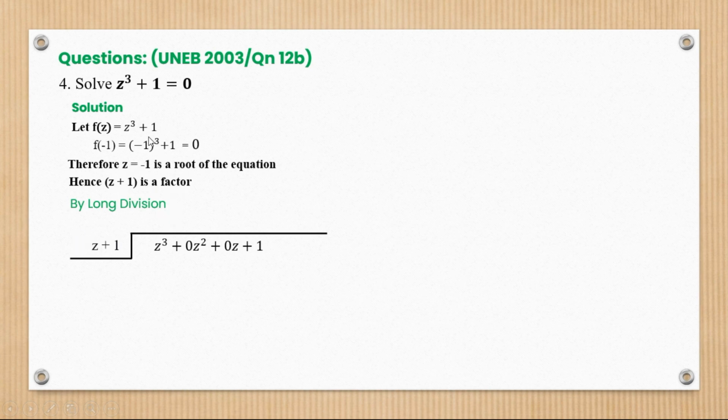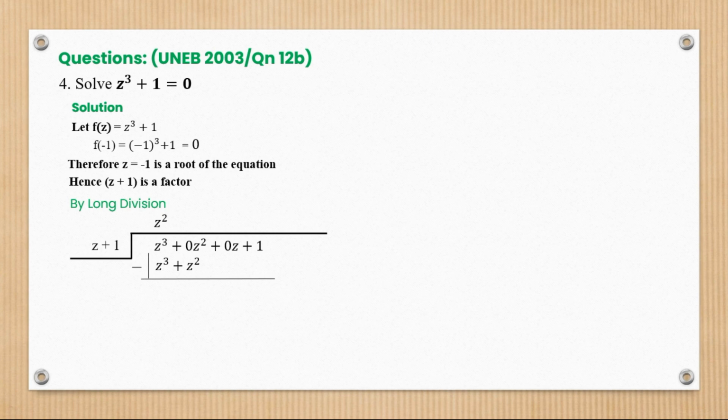As you can see, we don't have the part where the coefficients of z squared and the coefficient of z, because those coefficients are equal to 0, and that's why they don't appear here. But in long division, we can just state them to make our work easy, putting them as 0. So z cubed divided by z is z squared, and then z squared times that is z cubed plus